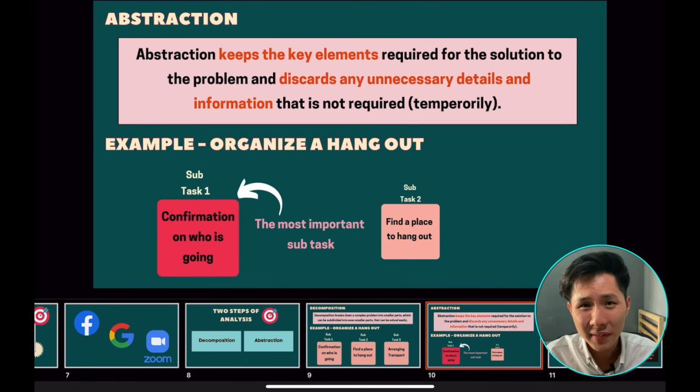So the second part of analysis is the abstraction phase. So let's just read out the definition. It keeps the elements required for the solution to the problem and discards any unnecessary details and information that is not required. So an example, again, using the same example of abstraction, is that